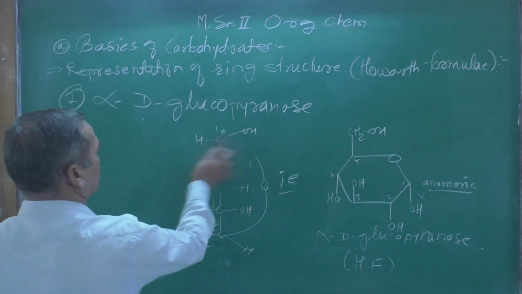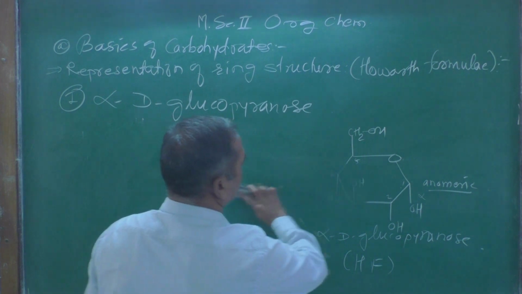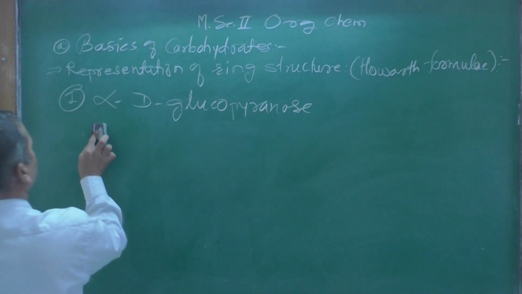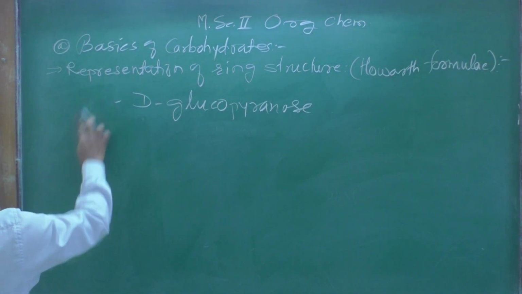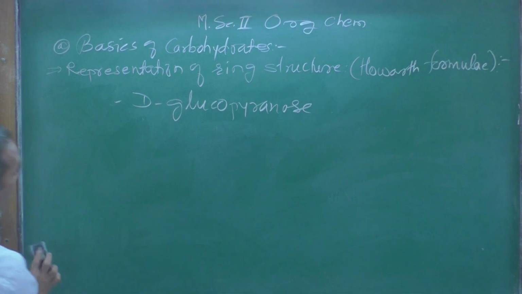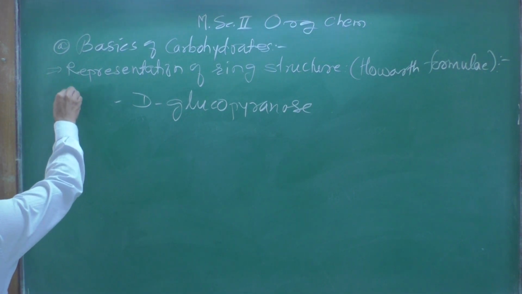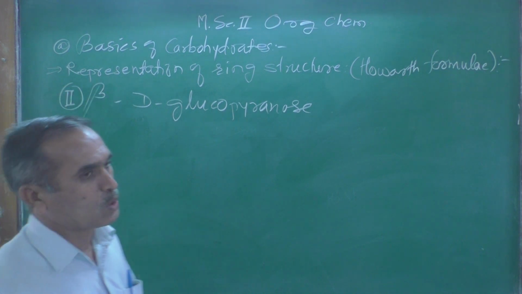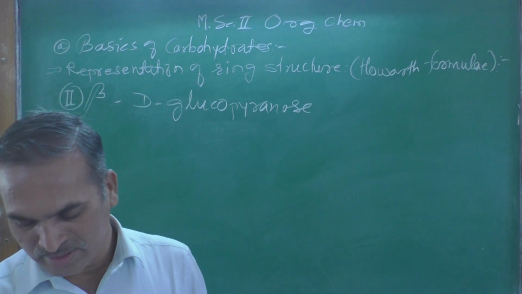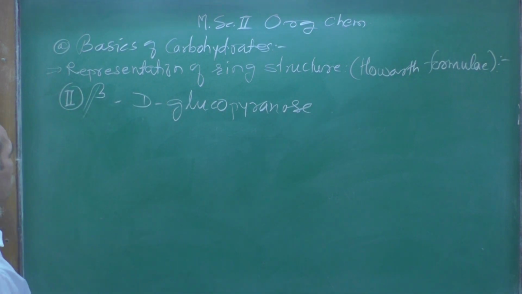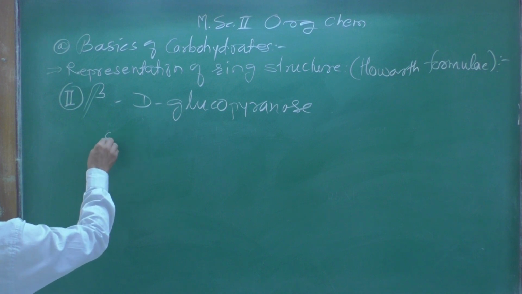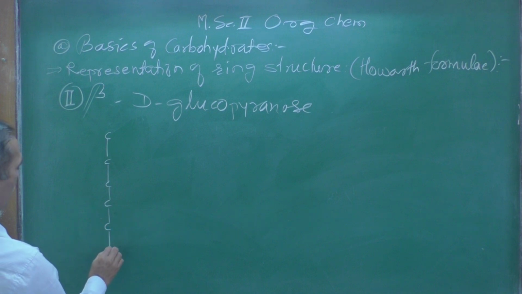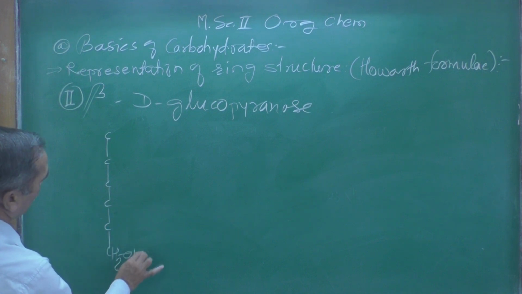The name of that second structure will be, let me clean the board first here. Now here the second one will be this one. Now I am making correction over here. Second one, this will be the beta D glucopyranose. Everything is the same here. Remember again as a 6 carbon atom, 1, 2, 3, 4, 5 and this 6 CH2OH.